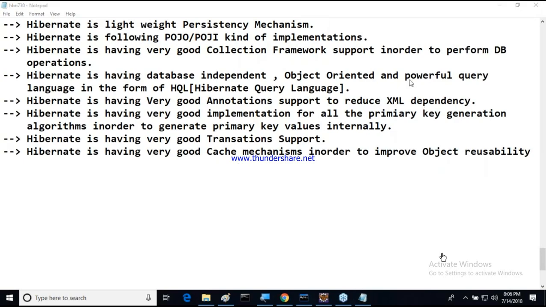In Hibernate, cache is available at different levels. Session level cache and session factory level cache technologies are available, and you are able to use them. First it will check the session level cache, and after that it will go to the session factory level cache. Different mechanisms are available. Once again I will discuss it clearly. After completion of this cache mechanisms content, Hibernate has